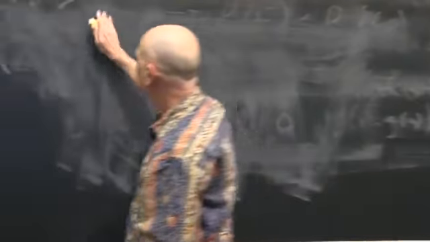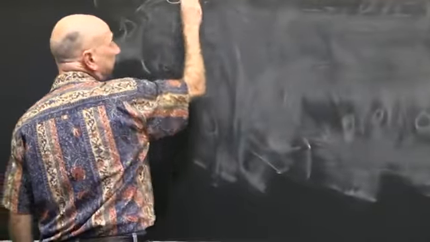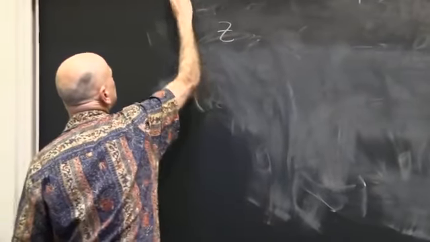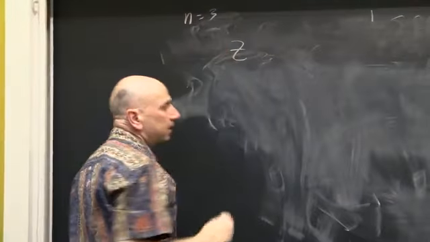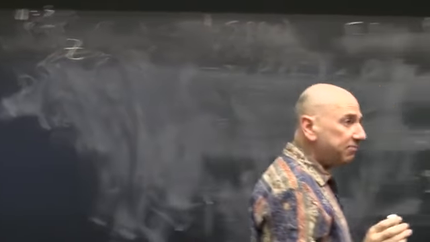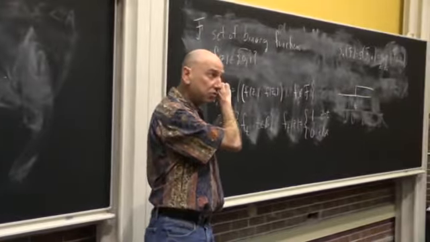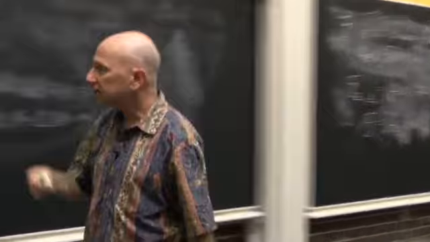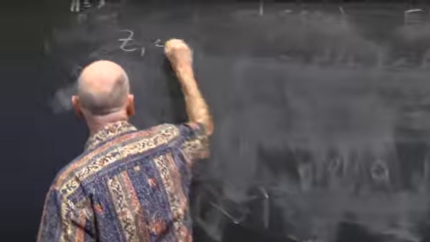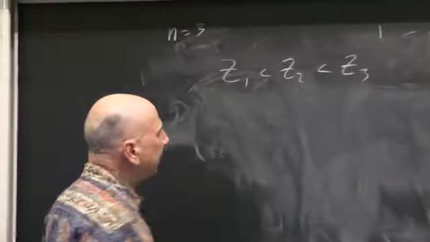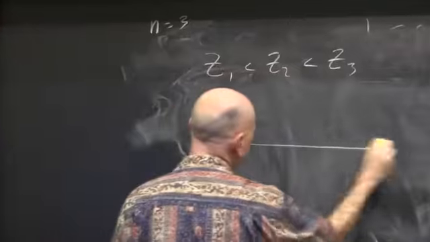So if I pick, and remember you have to do this for, let's do, what did I do in this example? I did n equals 3. You have to do this for each n, and for each n, remember, you have to consider every possible configuration of finite points. Right? It's a worst case analysis. So let's pick an arbitrary set of points. We call them z1, z2, z3. And then, of course, now I'm just going to ask myself,